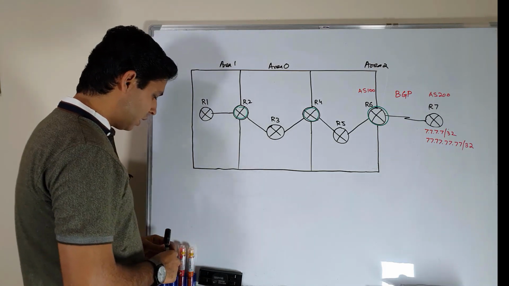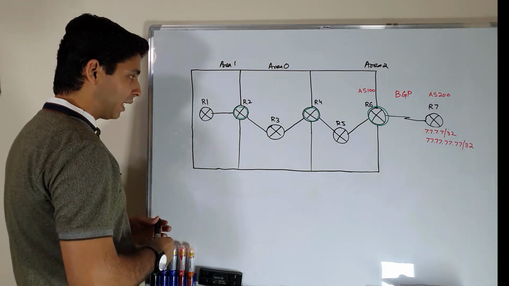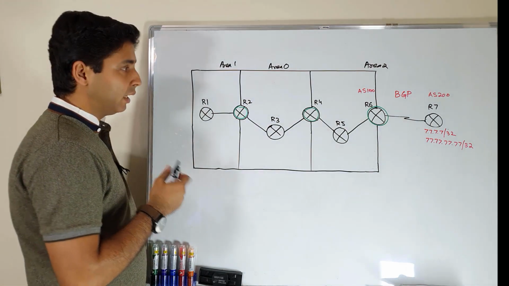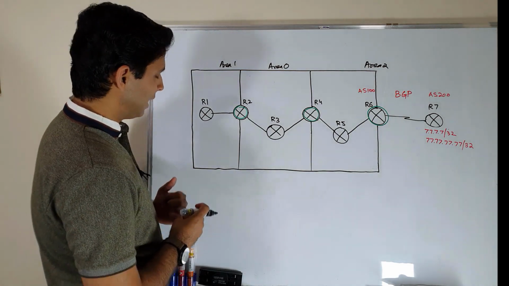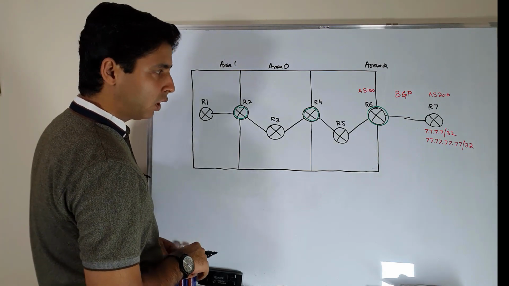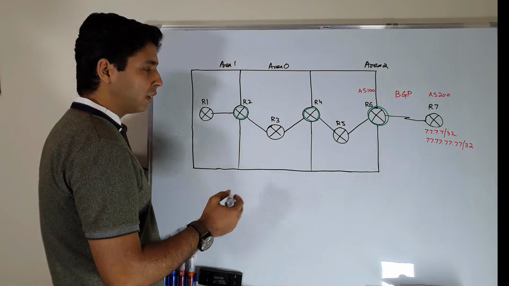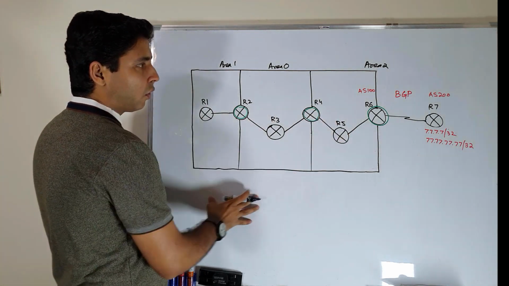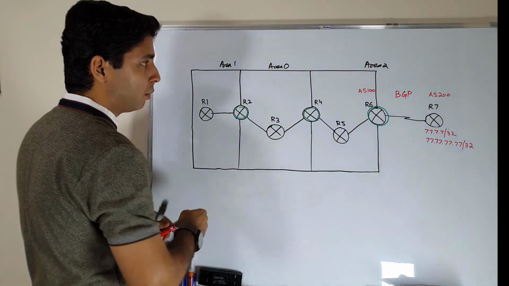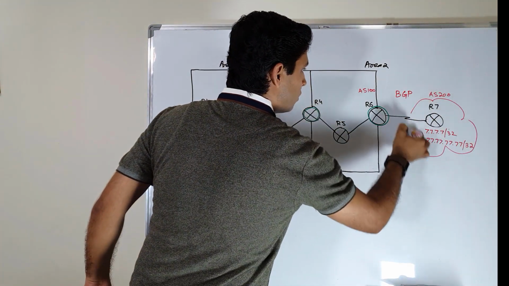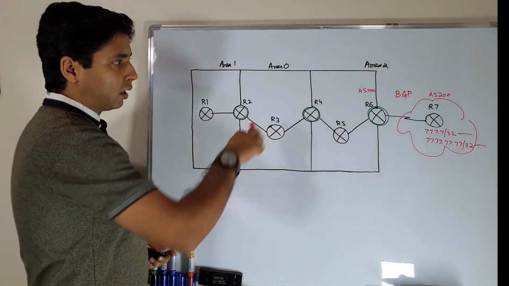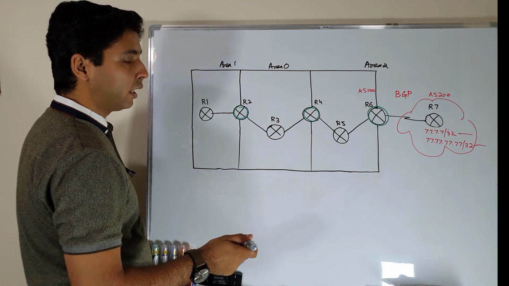So the first type of LSA is called LSA1. LSA1 is the router LSA. When we turn on a router and enable OSPF on it, each router generates LSA type 1. So irrespective of being ASBR, ABR, DR, BDR, every router generates LSA1. Let's say we have turned on all the routers and this is the OSPF domain, and I have also created an external BGP domain. So this is BGP AS2, and there are some external routes, to give you an introduction on how external routes are imported into the OSPF domain.